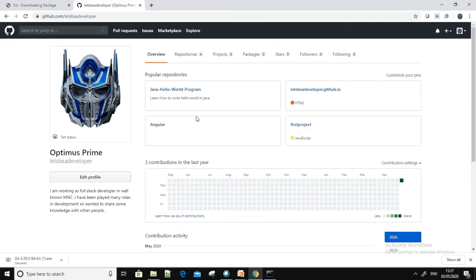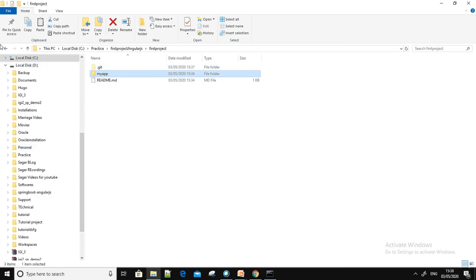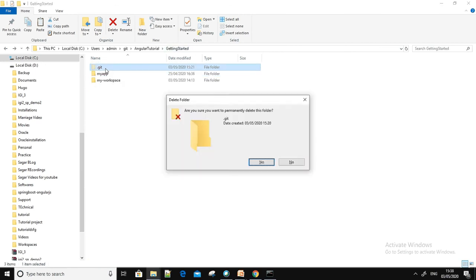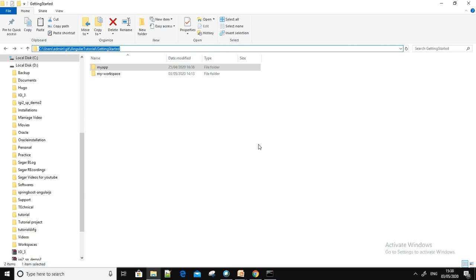So your changes you have already done, like for example, I will show you in this project where we have already created it. This getting started one, we have already created my app. Now I have already done a lot of changes, but I have to just configure this as a repository as it is, and I don't want to clone the repository and copy paste it. So there is another way. Just go to this directory.